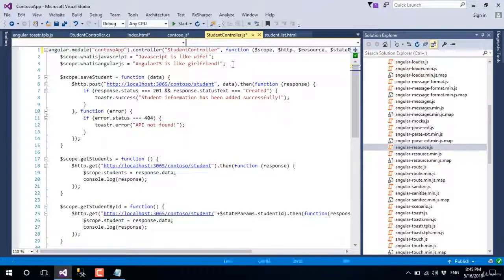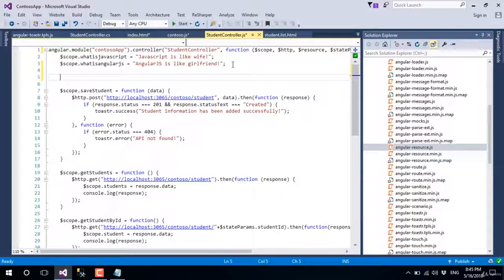Now let's create a variable and name it studentService. Now assign the $resource service with API route. Now let's go to save student function, delete everything inside the function,